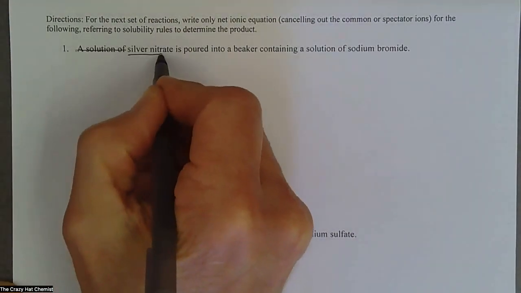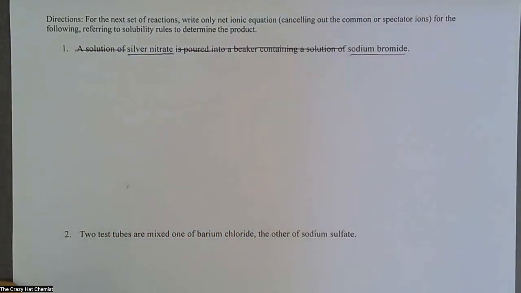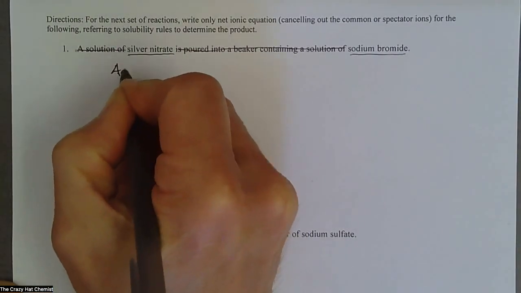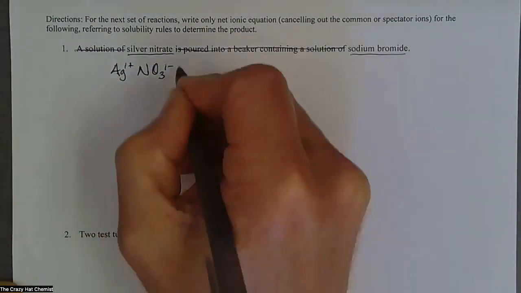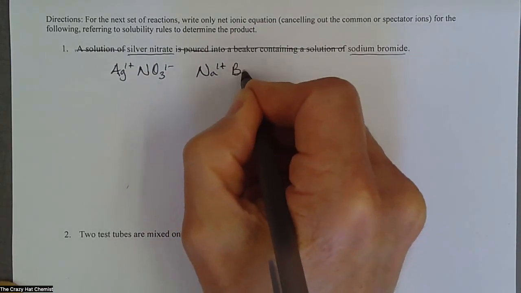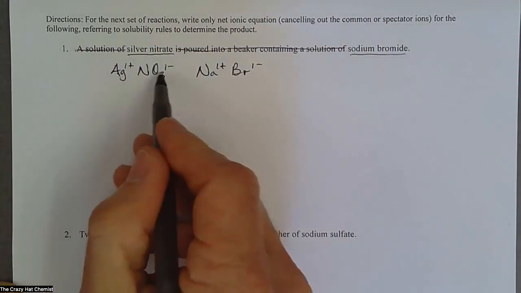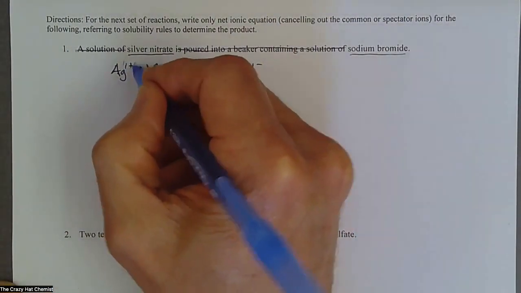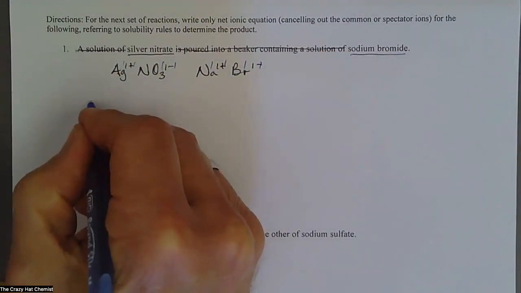It says silver nitrate is poured into a beaker containing sodium bromide. So silver is a 1+ cation, like that, and nitrate is a polyatomic ion. That's NO3 1-. Sodium is a group 1, and bromide is a halide ion with a -1 charge. So that's what we got there. So we're going to put these two things together. This is the double displacement, double replacement. Take the absolute value of these numbers, flip and bring it down. So I get